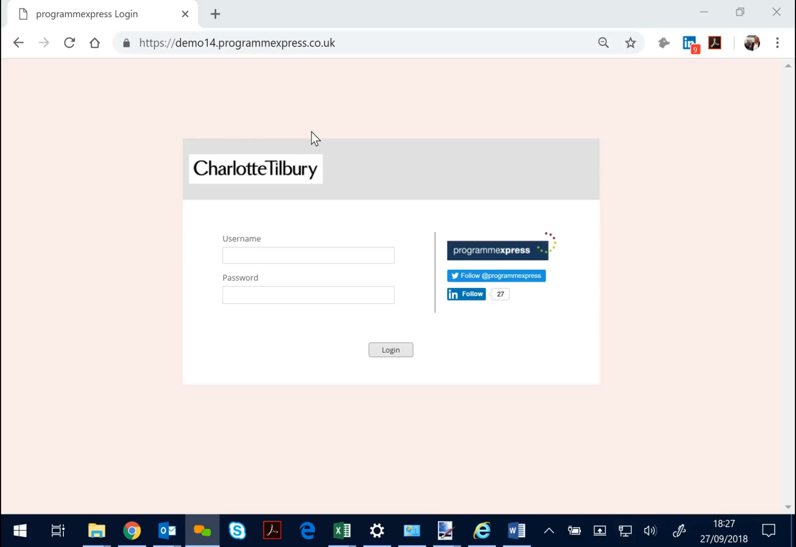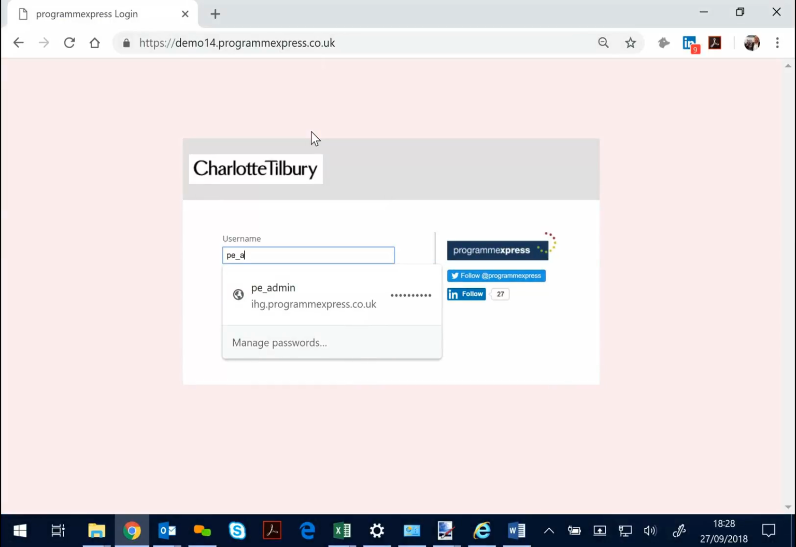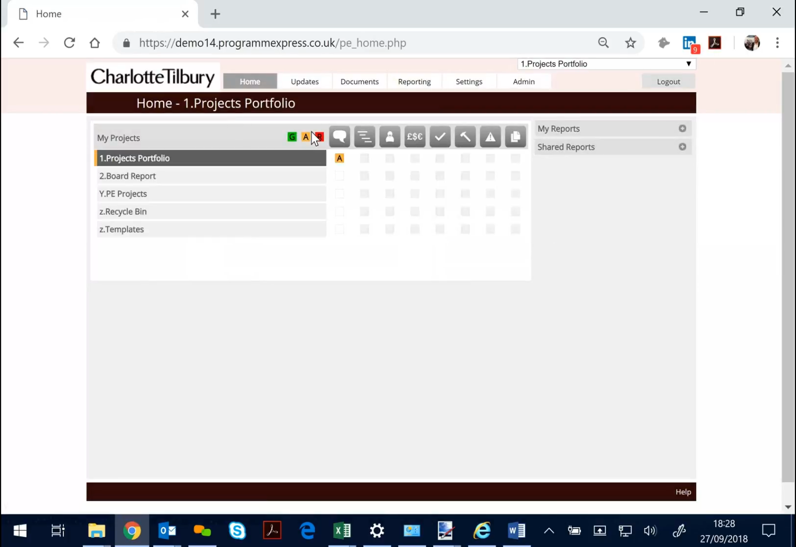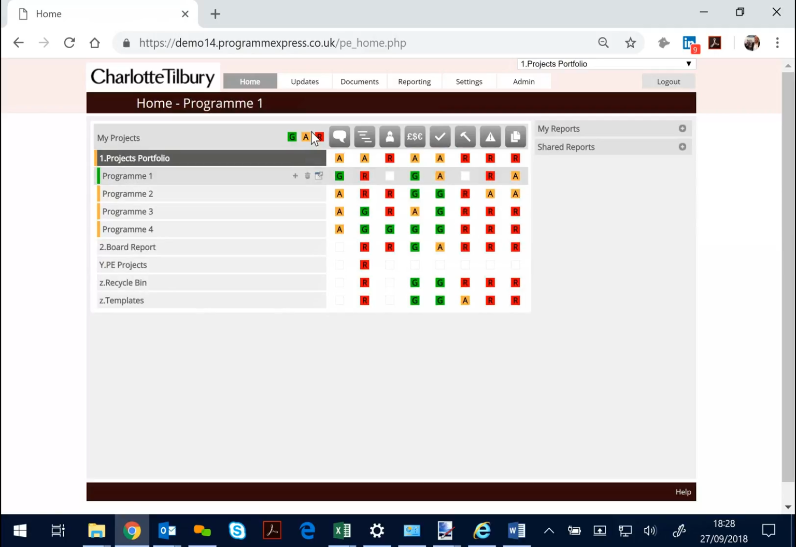Just demonstrating that we can very quickly set up an instance of the database using your corporate branding and logo, hence the background and the logo here. This is the logon page to ProgrammExpress, and very briefly, if we log on as an administrator, what this does is it gives us access as an administrator to the home screen, which shows, if we open